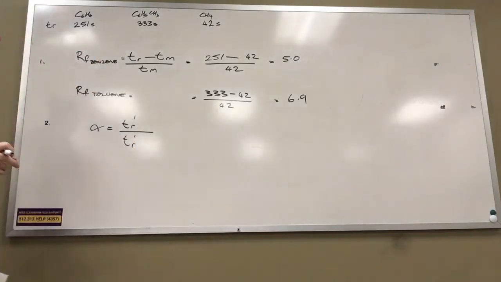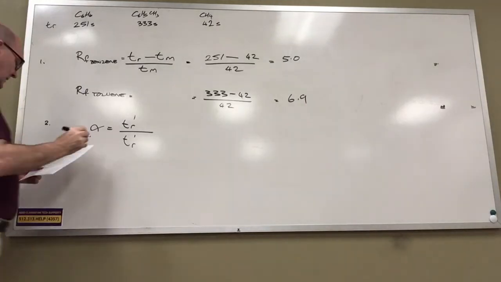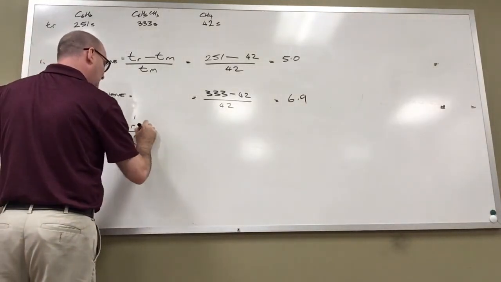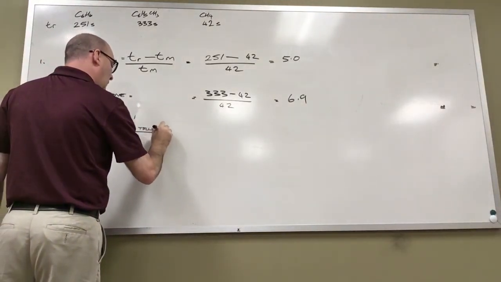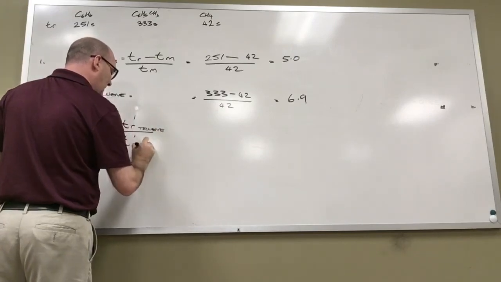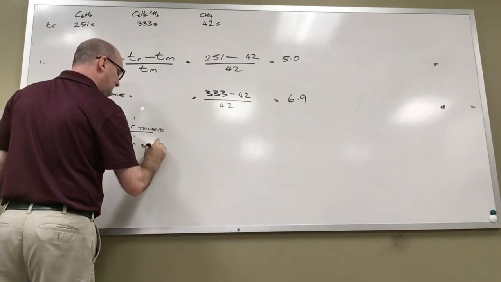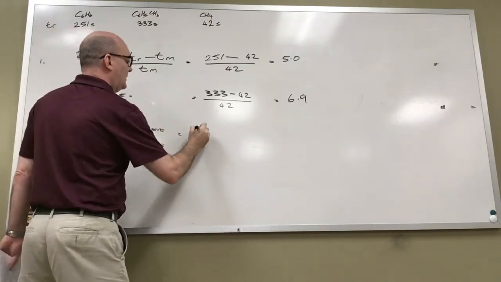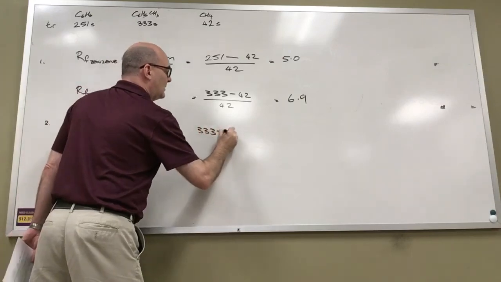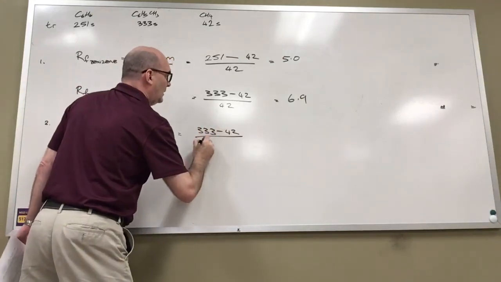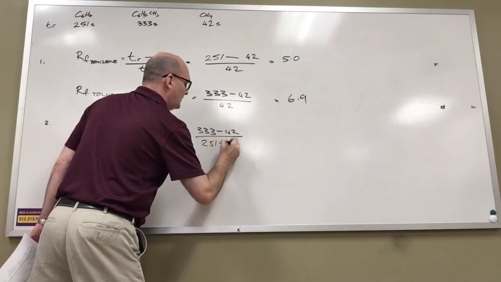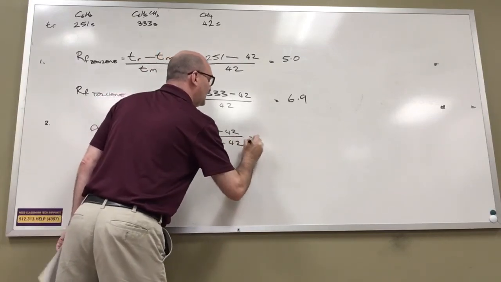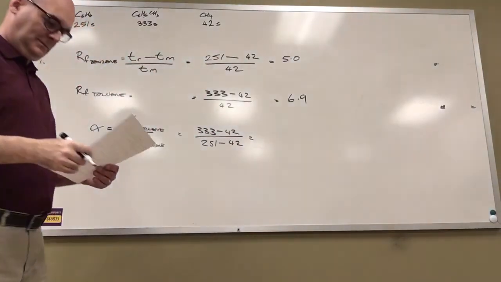Which one took the longest time to elute? Toluene, so it goes on the top. We always set alpha up to be a positive number. Adjusted retention time is 333 minus 42 over adjusted retention time of 251 minus 42 equals